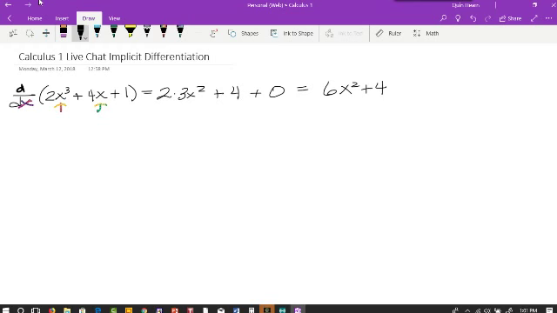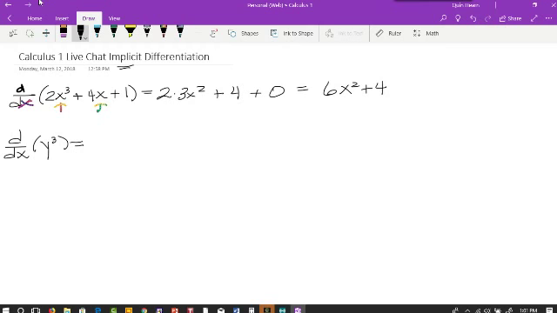But the reason that implicit differentiation is going to turn out to be different is because, and I'll explain what implicit differentiation is in a minute, in the process of doing implicit differentiation, we're going to have to take the derivative when the variables don't agree. So for example, if we have to take the derivative with respect to x of something with y's in it, like maybe the derivative of y cubed, okay,